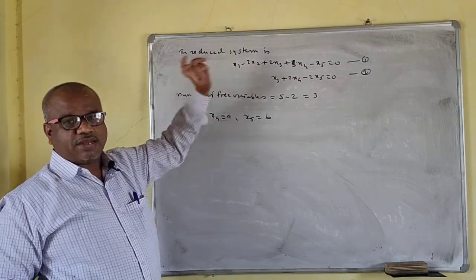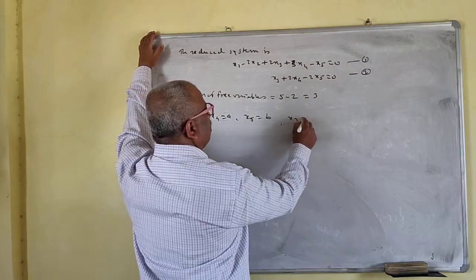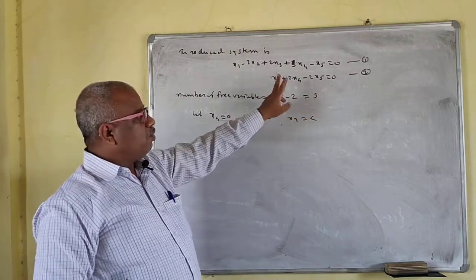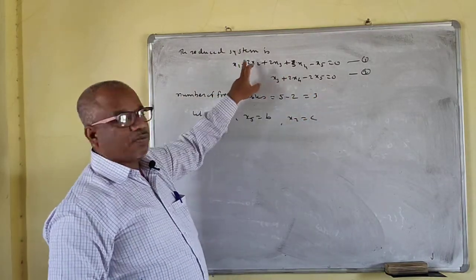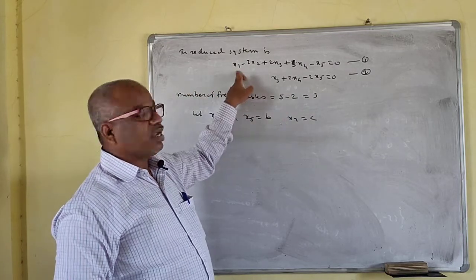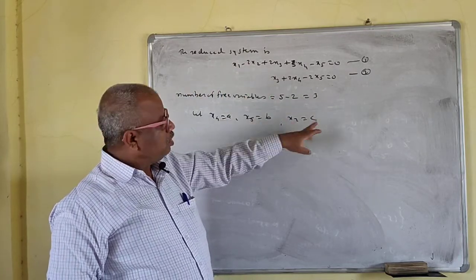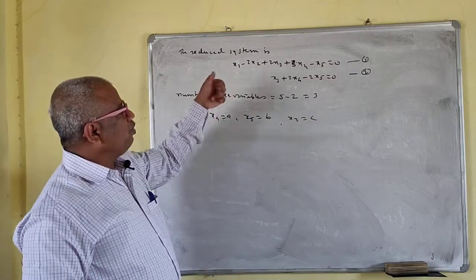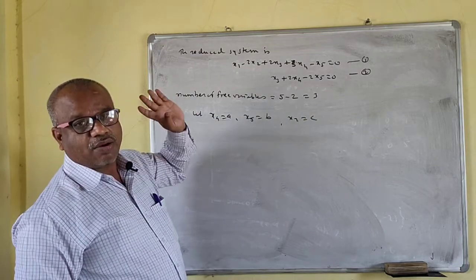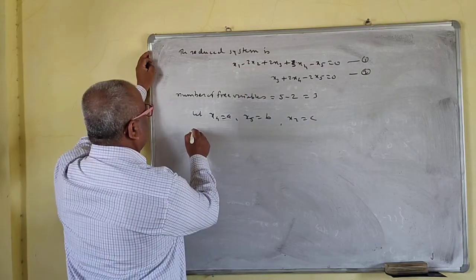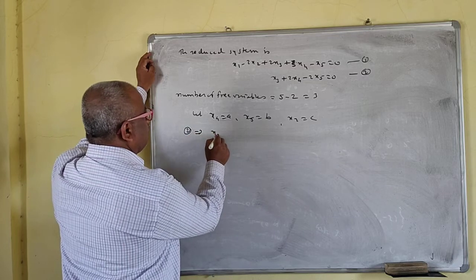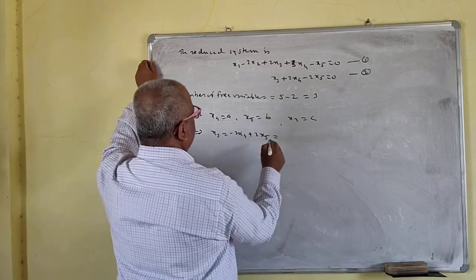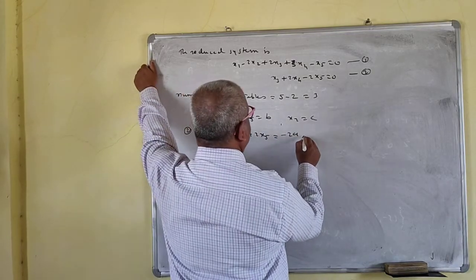So we'll keep x2 as a free variable now, so x2 is equal to C. Out of these 3, we'll keep 2 free variables, and out of x1 and x2, we'll keep 1. So x1 has no coefficient, x2 has a coefficient, so we'll assign x2 as C. Then x3 is equal to minus twice x4 plus twice x5, so minus twice A plus twice B.